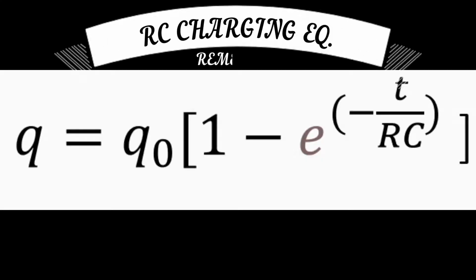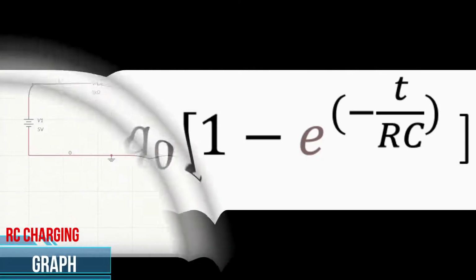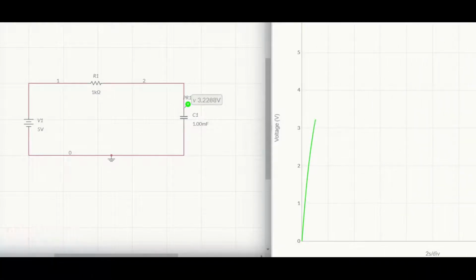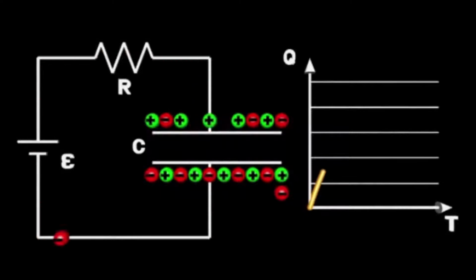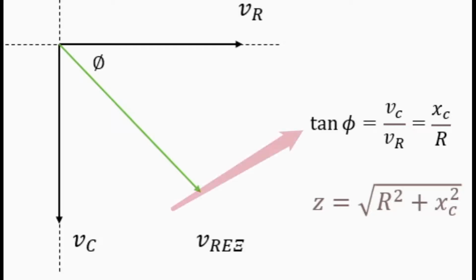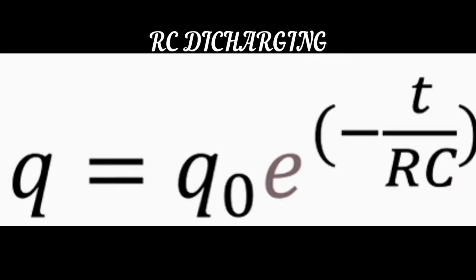For an RC circuit, the charge on the capacitor increases by the given equation. You can also see it in the graph. In this animation, you can see that the charge on one side of the plate is being decreased, and as it decreases, the potential developed across the capacitor also decreases. Hence, the driving force acting on an electron decreases. The phase representation is shown here. While discharging, the charge on the capacitor decreases and it is being dissipated by the resistor.